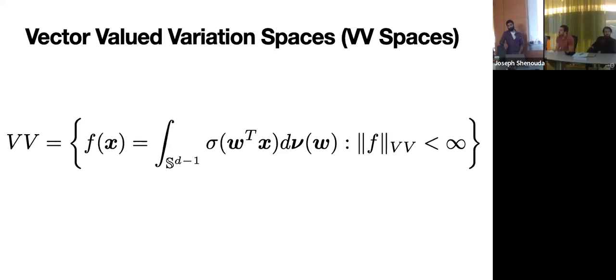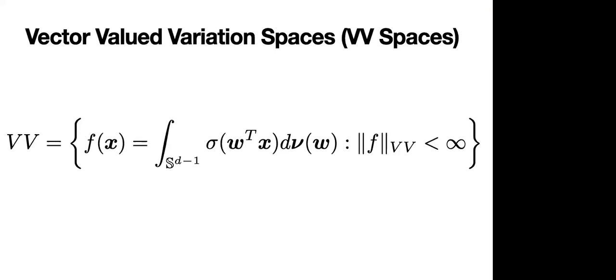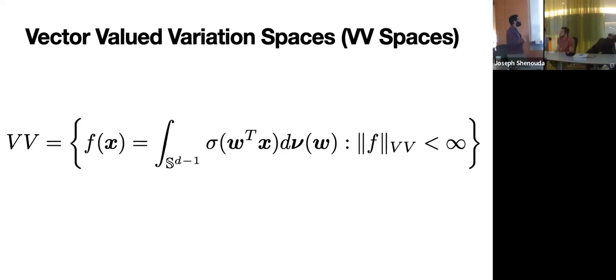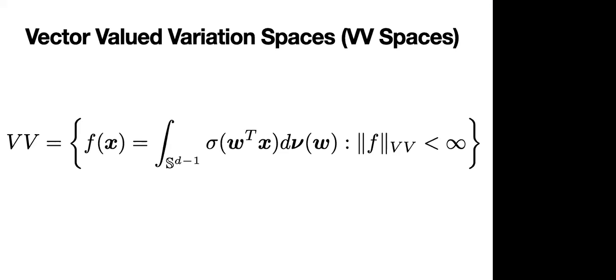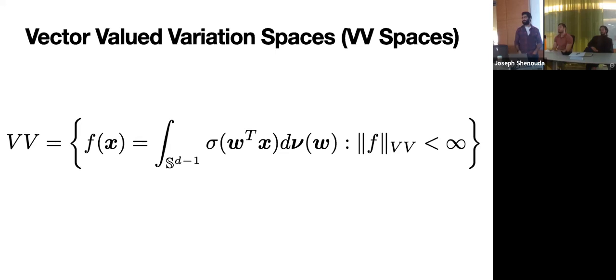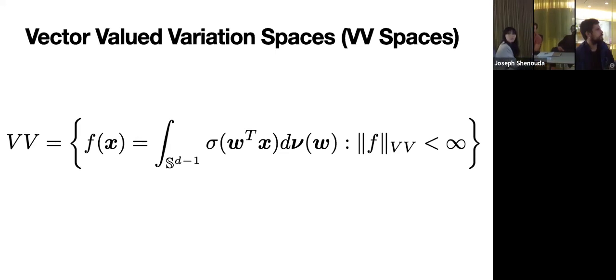Yeah. Okay, cool. And for the other paper, like the RBV2 space, how do I place that? So the RBV2 space is for a single output neural network. If you have a single output in this space, then they're equivalent. And even if you take a tensor product of RBV2 spaces, it's also equivalent to this space in the sense that the norms are equivalent. I see. Okay. Good. There are no more questions I want to ask.